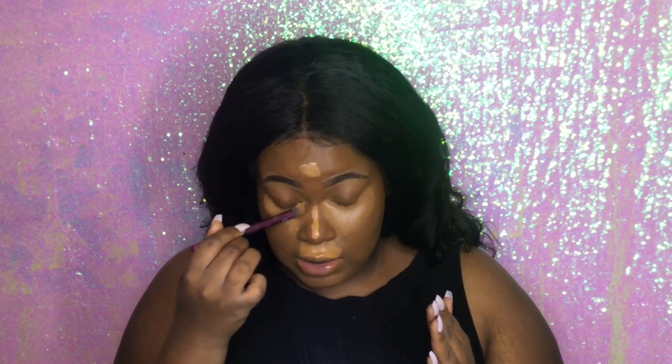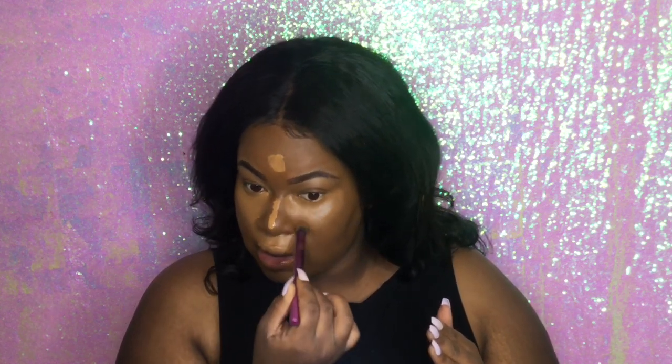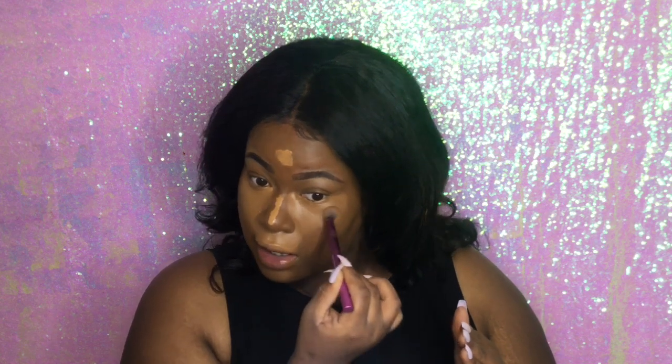But I am bringing that concealer down instead of adding concealer all here. It makes it look a little bit more flawless and snatched because you're moving the product. You're not simply just placing the product on top of your skin and now we have too much concealer and we look ridiculous. So I like to move my concealer. And honestly, people move their concealer to fit their face shape or the face shape that they want to achieve. And I like to keep my concealer here because I like to keep my contour here to have my face really nice and sharp. So I'm just blending that out,